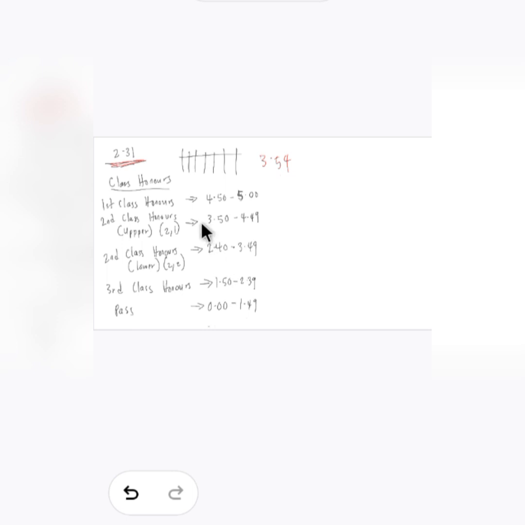Emeka got all the way up to 2nd class upper. These are very, very good stuff right here. So I think with this, there's basically nothing else to add to the basics you need to know in terms of CGPA calculation and stuff. So with this, we've come to the end of